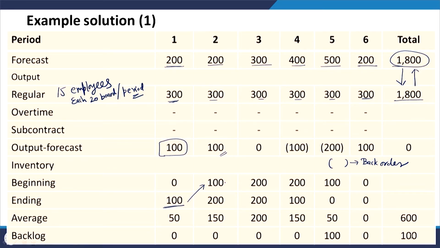So, in the second period this 100 plus this 100, now it becomes 200 units. This 100 is added into 100. So, it becomes 200 units, and this 200 is the starting inventory for the third period. And in the third period there is no leftover units available to you. So, whatever is the beginning inventory, that remains your ending inventory also, and this ending inventory of the third period becomes the opening inventory of the fourth period.